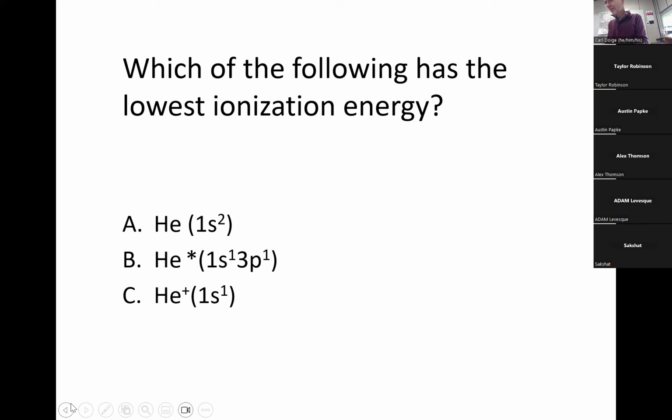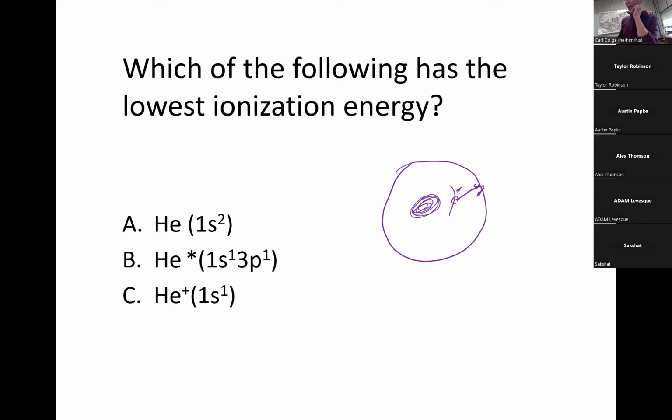So you've got the nucleus, kind of a large nucleus, and you've got this atom, and let's say the electron is in its energy level, and I want to remove it. And I'm comparing these 3 different scenarios. So just to be clear, the first one is helium ground state. The next one here is helium, I put a little star or asterisk.